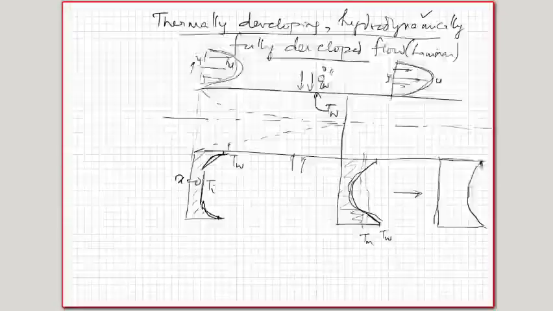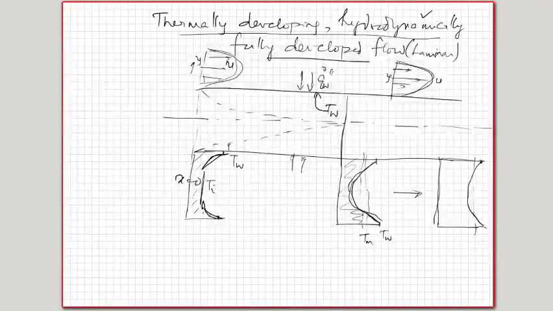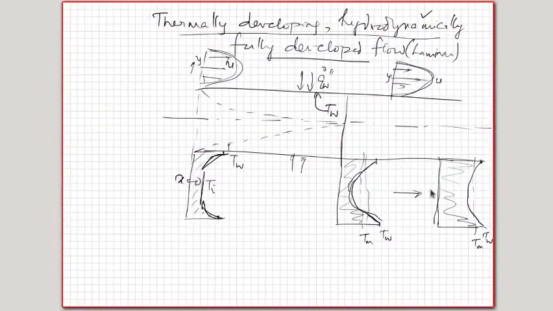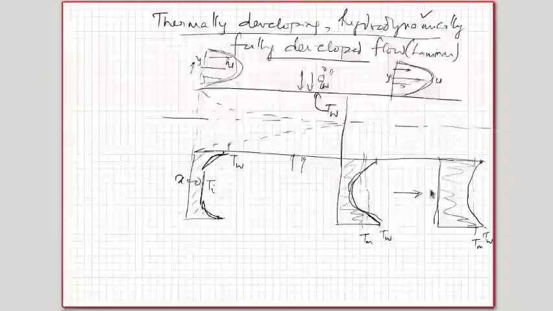Okay, and the mean temperature Tm would have moved closer to T1. So the mean temperature has increased from here to here because there is heat flux on the inside. So this would be the temperature profile. This is the way the flow is going, but there is something which is becoming invariant in the region